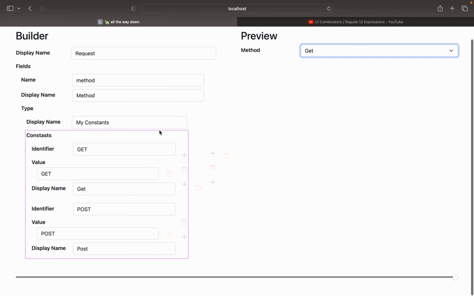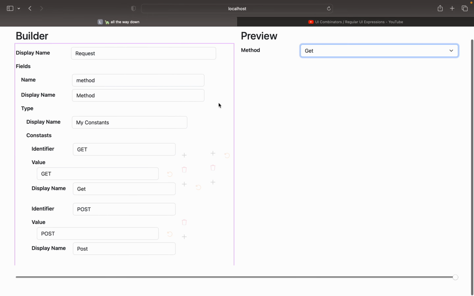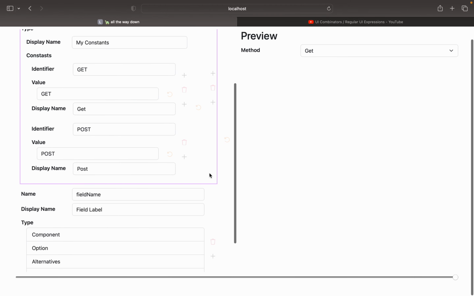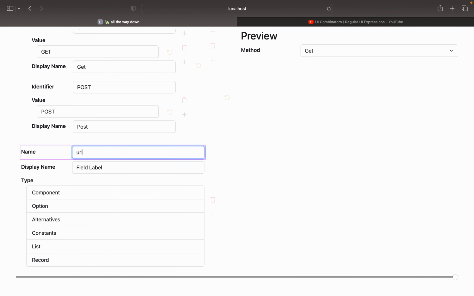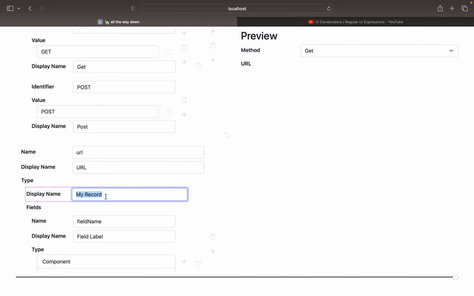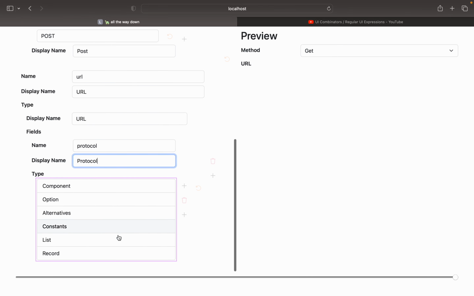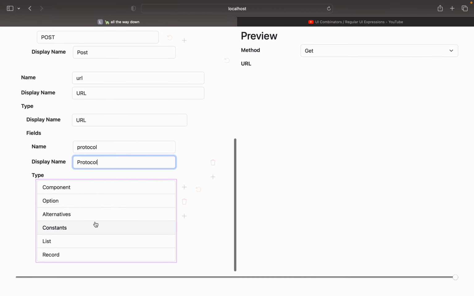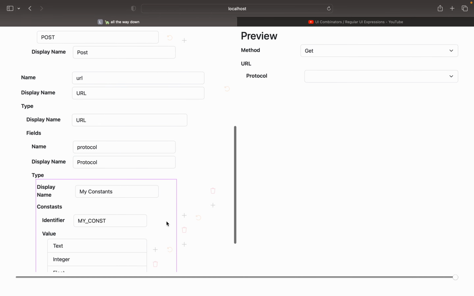So I already have the method, so I'm going to add another field. Let's call it URL, and it's going to have a label. It's going to be a record. The name of the record will be URL. It will have a field called protocol, and the label will be protocol, and the type will be constants. It will have two values,